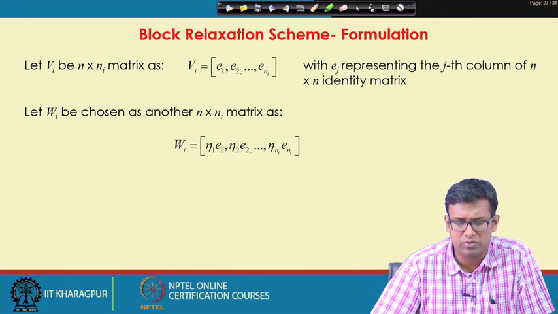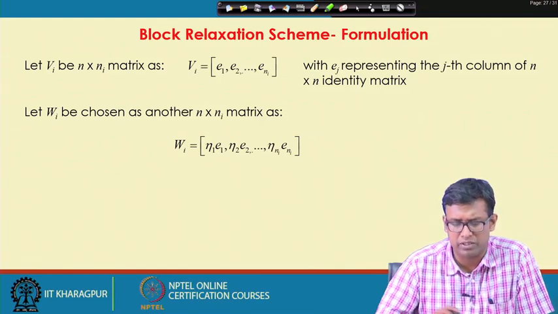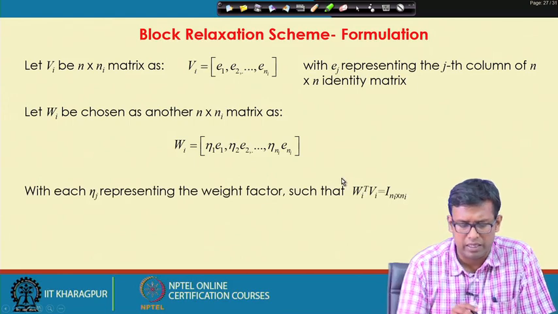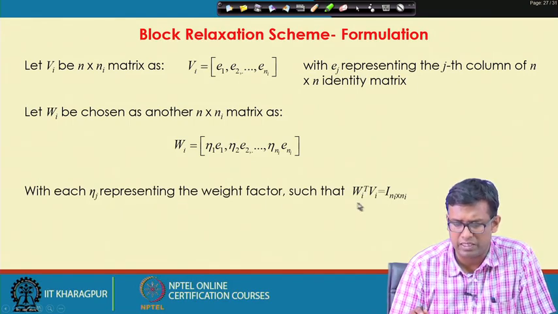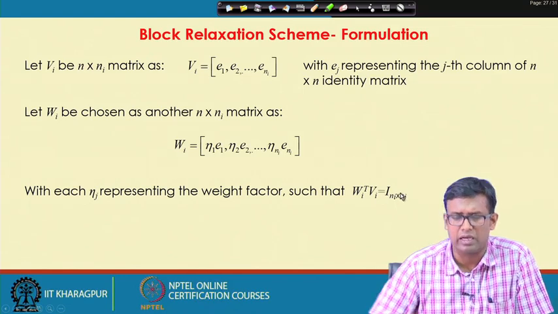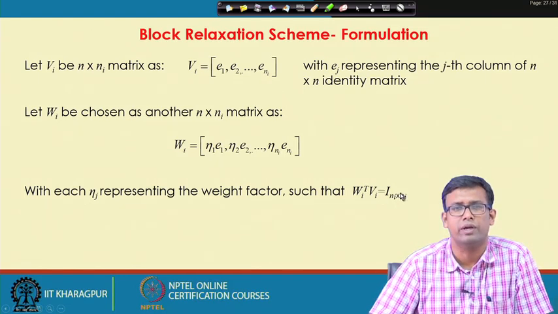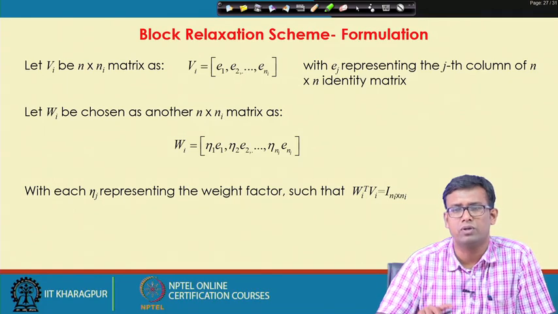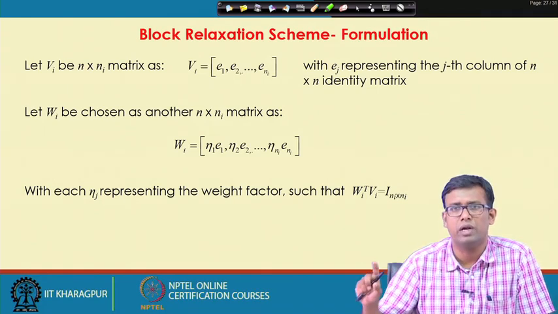where W_I is chosen as another n into n_I matrix with eta_1 e_1, eta_2 e_2, etc., where eta_j represents the weight factor such that W_I transpose V_I is an identity matrix, n_I into n_I, and this is required to map the solutions. V_I will be required, as well as W_I, to map the solutions x_i to the right x,